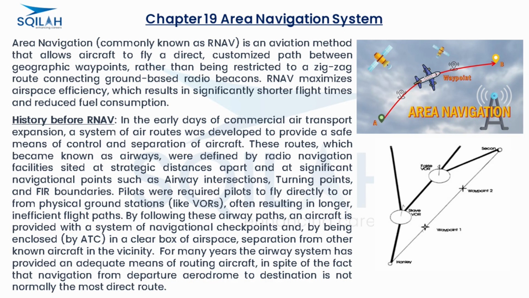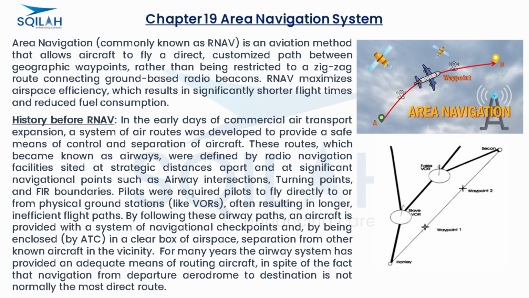History before R-NAV. In the early days of commercial air transport expansion, a system of air routes was developed to provide a safe means of control and separation of aircraft. These routes, which became known as airways, were defined by radio navigation facilities sited at strategic distances apart and at significant navigational points such as airway intersections, turning points, and FIR boundaries. Pilots were required to fly directly to or from physical ground stations, like VORs, often resulting in longer, inefficient